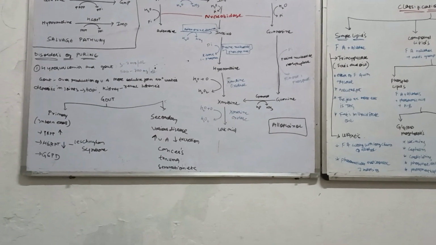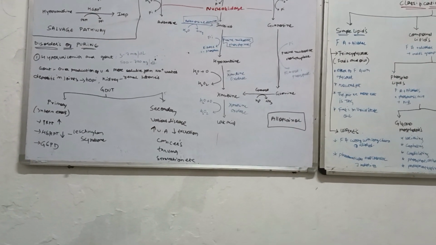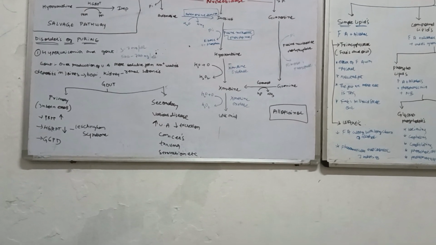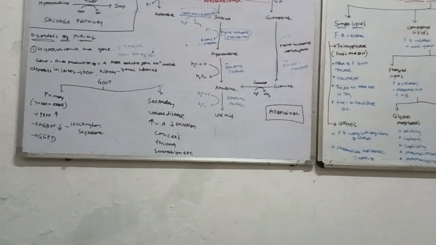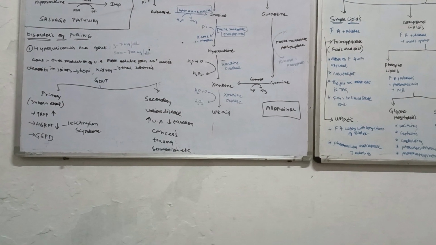So that hypoguanine वो ऐसा वाला एंजाइम. So the enzyme which is responsible to turn guanine into guanine monophosphate is HGRPT,